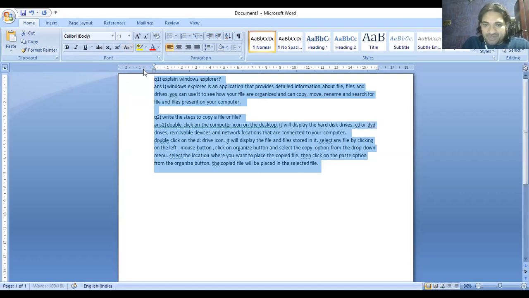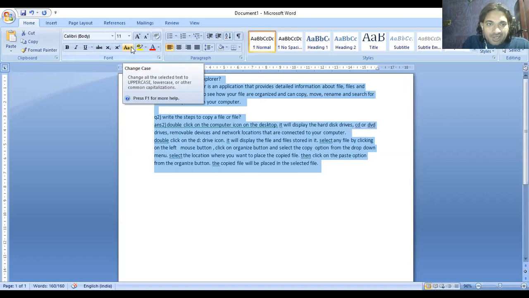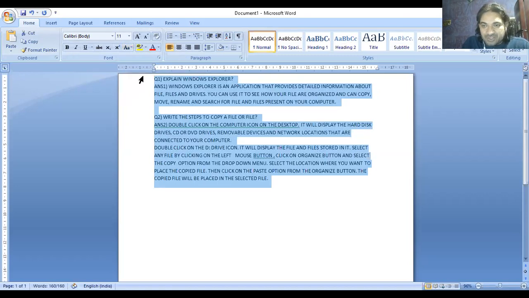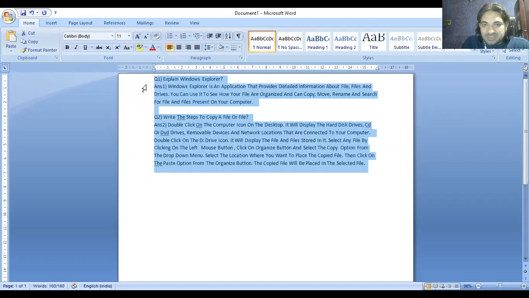Once I click, everything will come in small letters, even the first letter. Then the next one is uppercase. You can see everything is in capital. Then capitalize each word, so every starting letter is in capital.